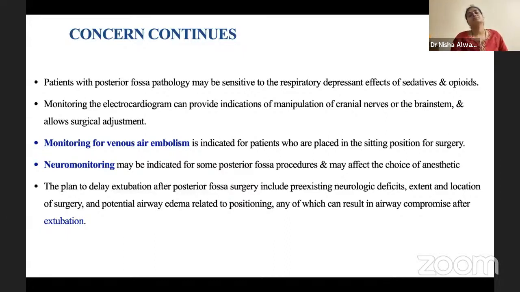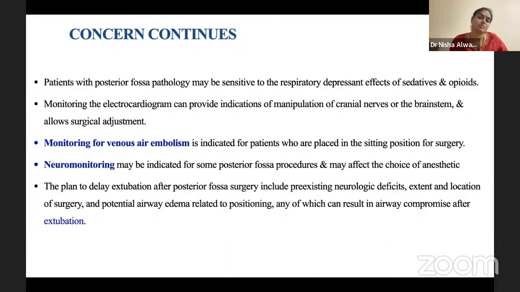Monitoring for venous air embolism, especially if the patient is going to go for a sitting position, but even otherwise, venous air embolism can occur as there is a unique anatomy there. We have a huge venous sinus sitting there in the pathway of the surgery, which are patent because of lying between the dura, or even the diploic veins, which are tethered to the dura as well as the bone, which are patent. So there's a possibility of bleeding as well as venous embolism. So minimum ETCO2 capnography should be there, but non-invasive, ideal to have is a precordial Doppler. I'll talk about it later. Neuromonitoring, depending upon the lesion, where its location is, the surgeon, and the availability, might be required.